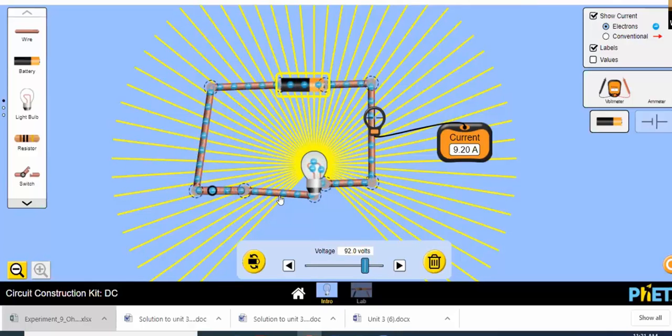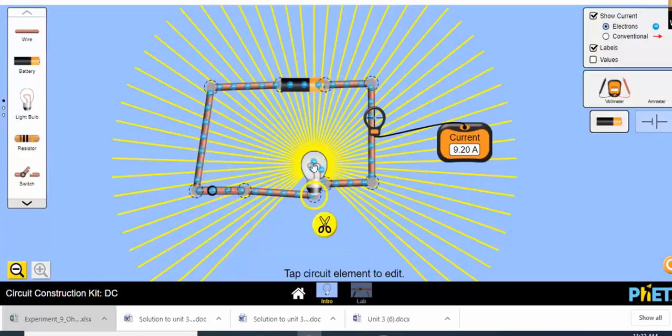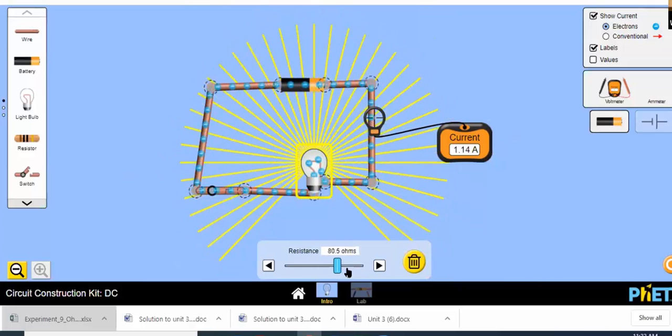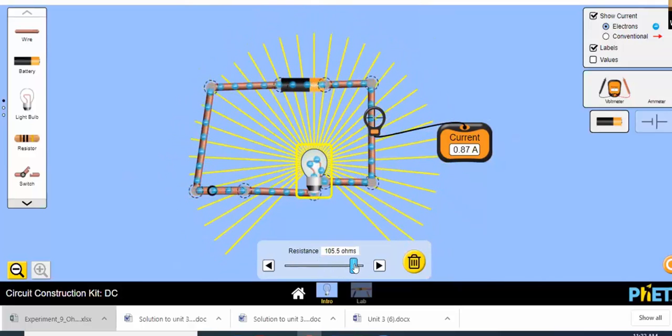Remember, the definition of current is the amount of charge going through any point in the circuit per time. So now the amount of charge going through any point in the circuit per time is bigger. Also, we can increase the resistance. So here, if we click on the resistance, we can increase it from 10 ohms to 90 ohms. You can see here, when I increase the resistance, the current has decreased